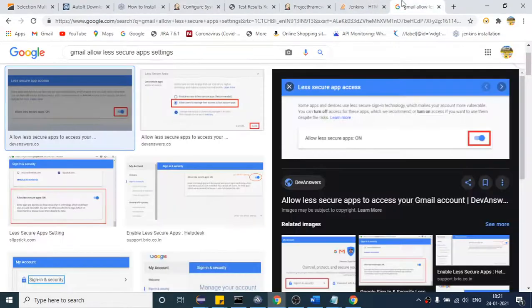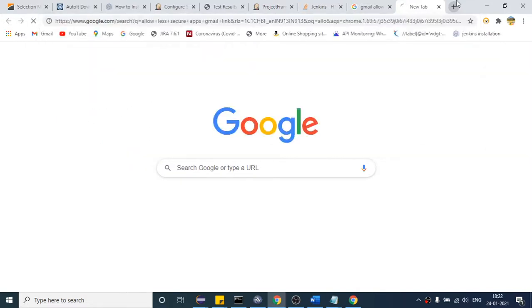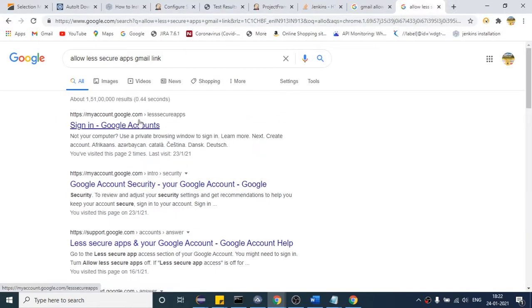First you have to come to the setting. Basically, you will find that setting. You can see the path. First you have to turn it on, otherwise you will not be able to send the email, right? When you work with your own email, come to the setting. You can Google around how to reach the setting, or you can say allow.